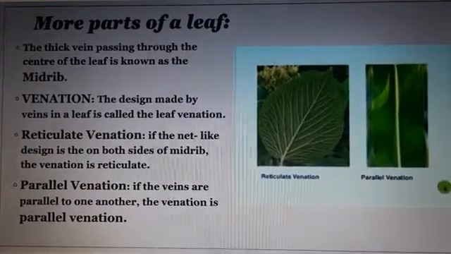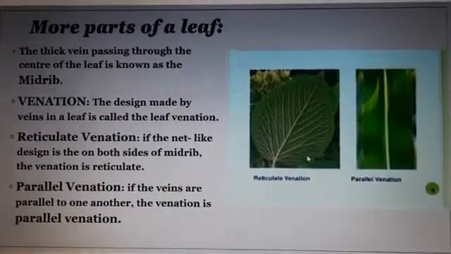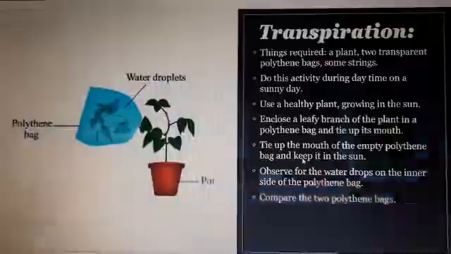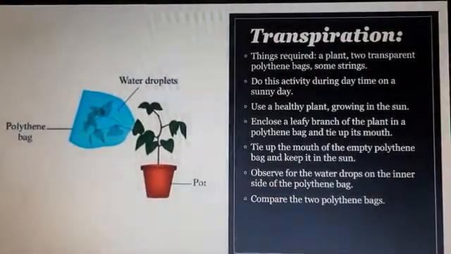And I have a dried leaf for you. This is a dried leaf of the lemongrass leaf. In this also you can see, see how beautiful it is. This is an example of parallel venation. Okay, students. So you saw some examples of venation, different venations in the leaves. The same way you have to observe, children.